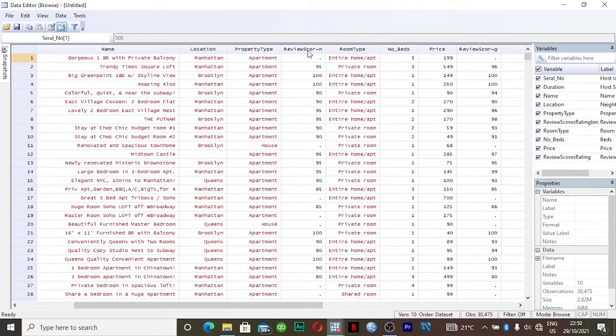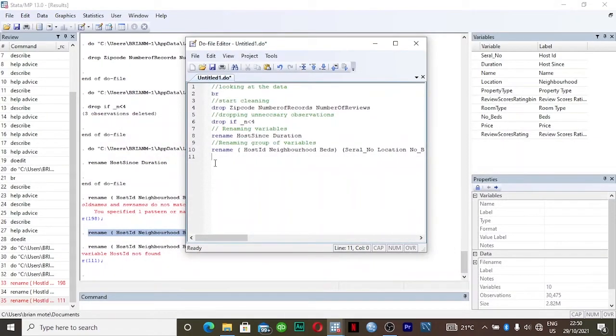To me location is important, so if I cannot find the location of the apartment, I think it is redundant, so I want to delete all observations that don't have location.